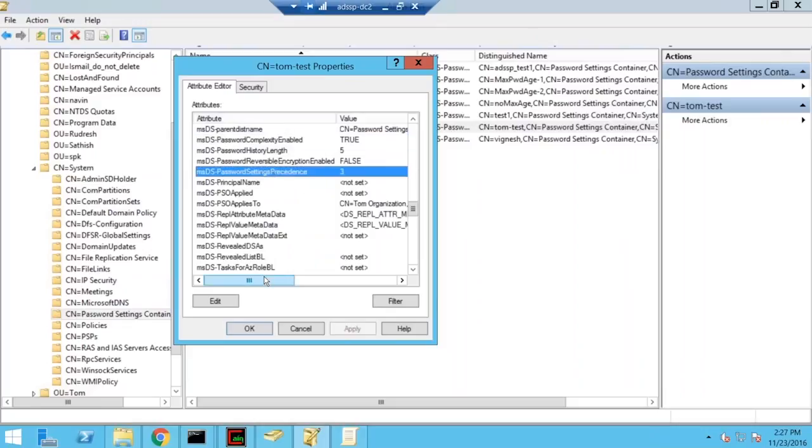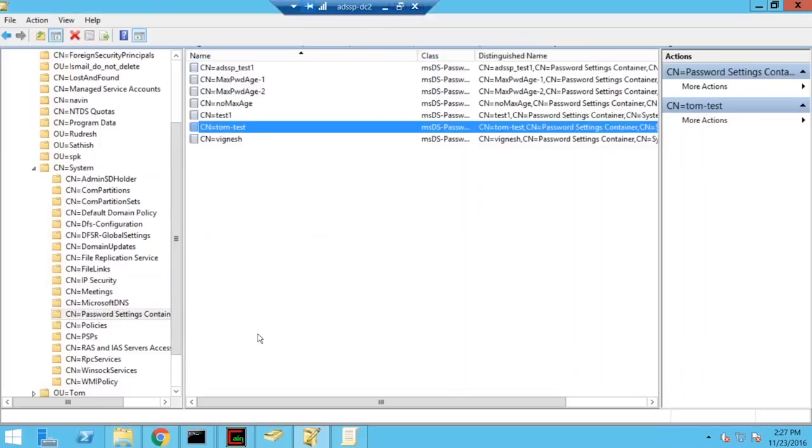And this value will determine what policy will be applied on the user. So if there are like 4 policies and they are in the order 1, 2, 3, 4, then the policy with the order 1 will be applied onto the user. And that's how the fine-grained policies work. So next, what I'm going to show you is